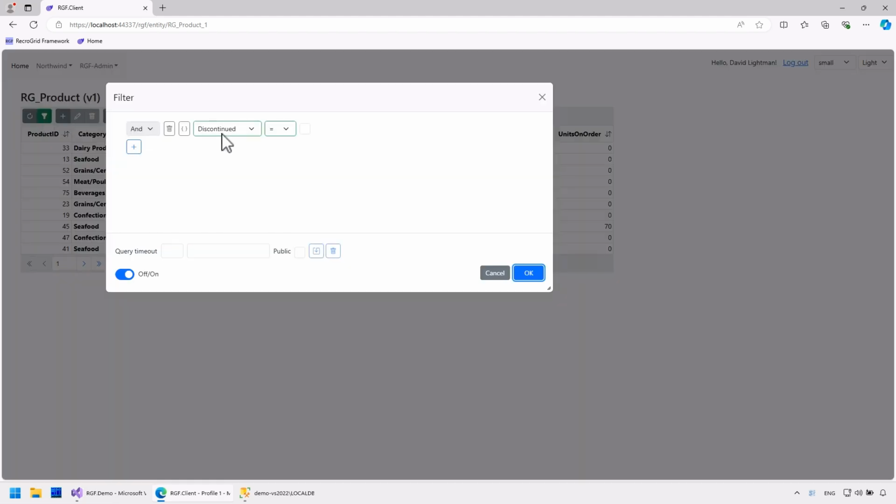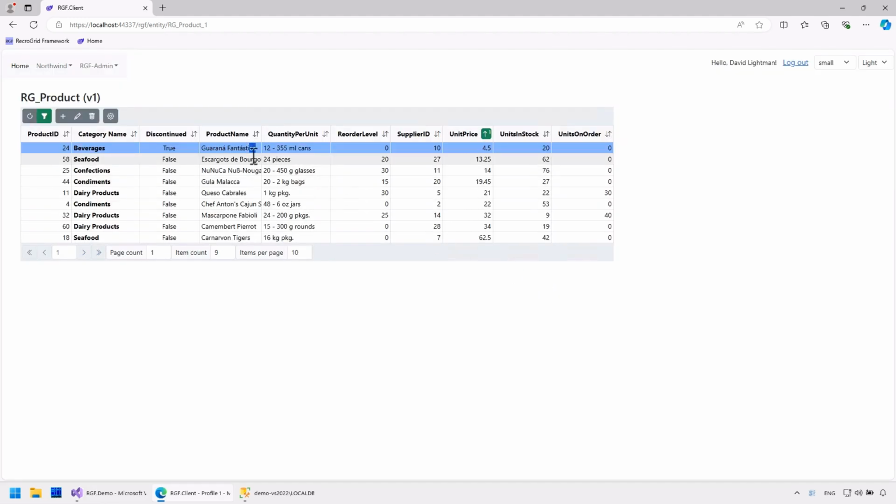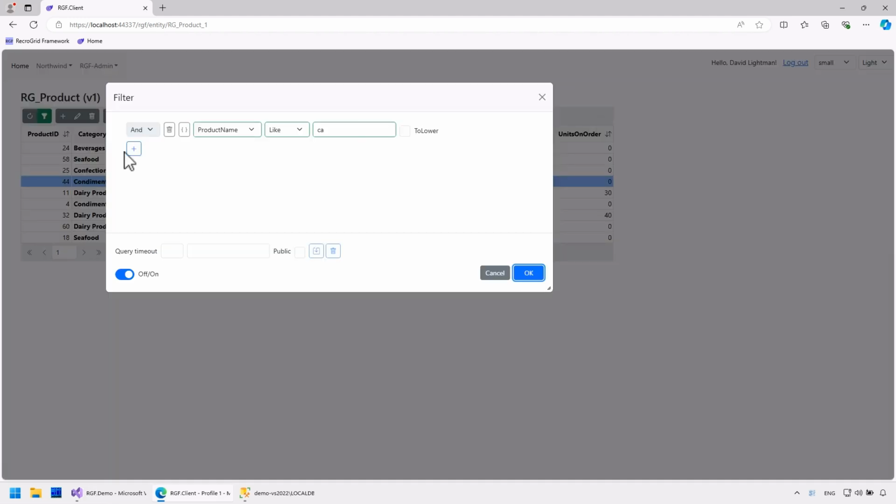The next type is a string. For example, the product name. Here I would highlight two operators, like and not like. One will return true for fields containing the pattern, and the other for those that do not. Let's search for CA. Every row where the product name contains CA will appear. If I want only those where it appears at the beginning or end, I can specify this with the % sign. If I place it at the end, it means it starts with such. If at the beginning, it means it ends with such.